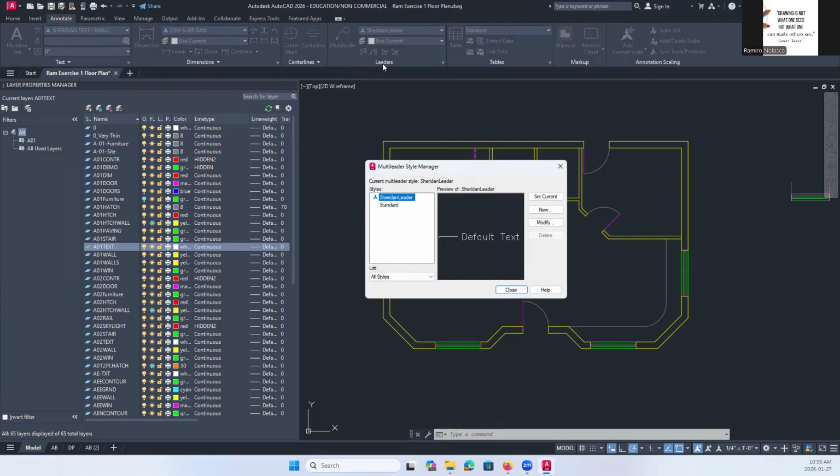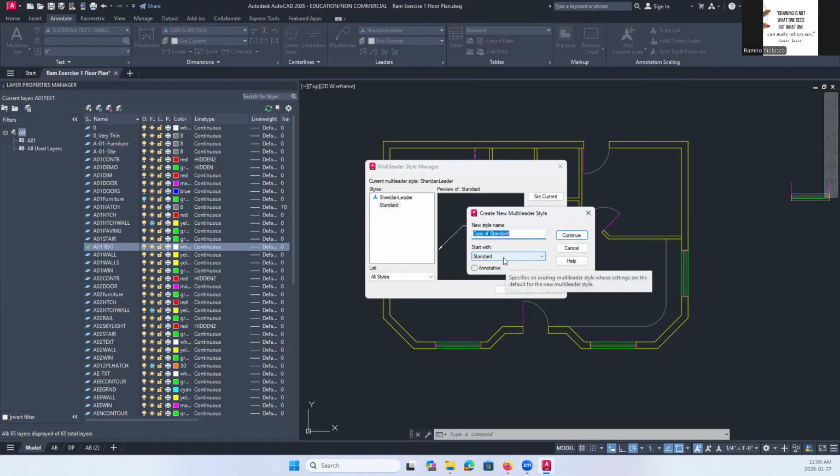Annotate, and you see there multi-leader. Now, initially, you'll have a standard default multi-leader style, and then you want to create a new one. Click new, and you'll copy it from the standard, okay, and make it annotative.